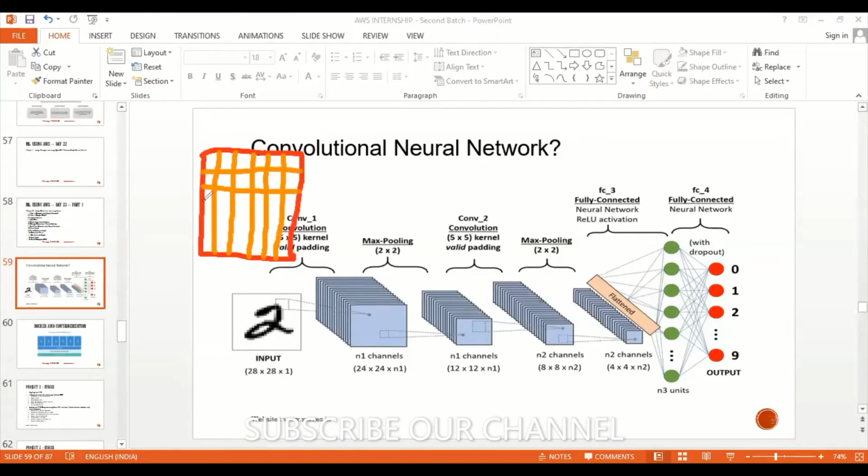Next, let's say I want to recognize the image 2. So here I'll put one dot here, one dot here, one dot here, one dot here, one dot, second dot, third. Let's say I put it like this. So I can recognize this is a 2, participants. Yeah, so I can recognize this is a 2.